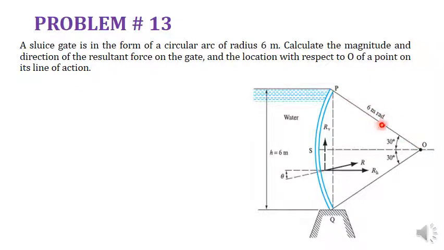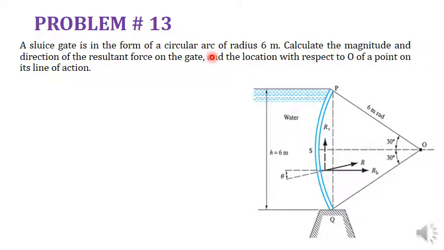This 6 meter radius is given from both sides of this arced gate. The gate is in the form of an arc, and it coincides with each other from both of the sides. This is at point A. From point O, the distance OP is 6 meter, and OQ is 6 meter, and if we draw a perpendicular from O, at the intersection of this point the radius will be equal to 6 meters. So this total distance OS will be 6 meter. All the radii will be the same.